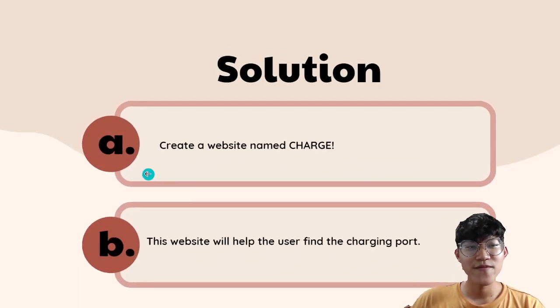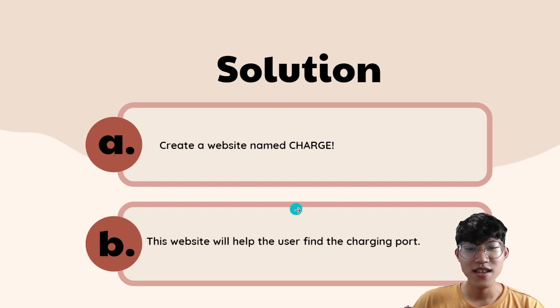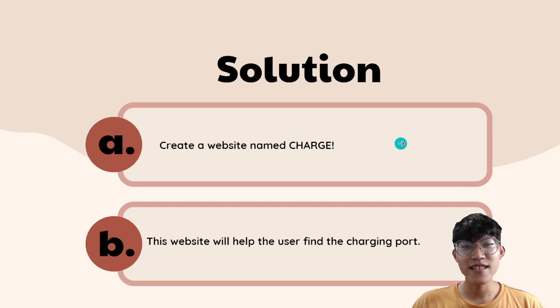So we have designed a website named Charge that will help users to find a charging port. Besides that, this website can also help establishments or businesses to promote their places by making a charging station or a small corner that allows public charging for users around the world. This also helps users that are traveling to get easier access to charging locations. So this would not only benefit us but also the users or establishments or other businesses that are trying to benefit from this website.